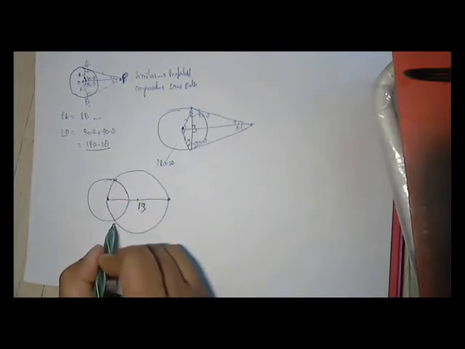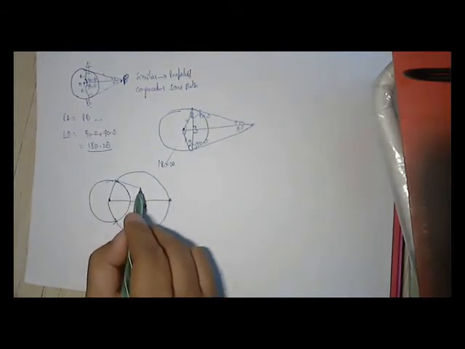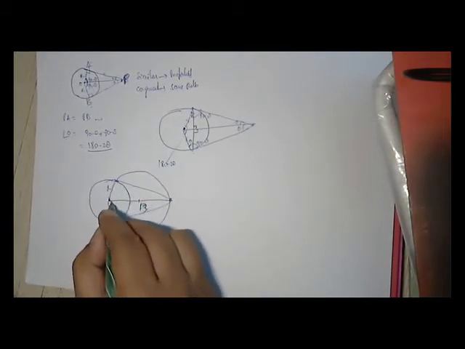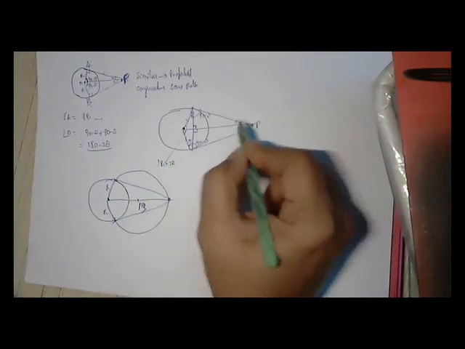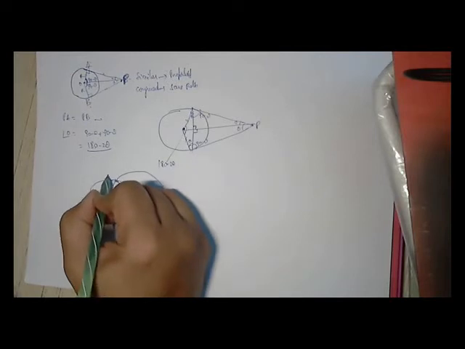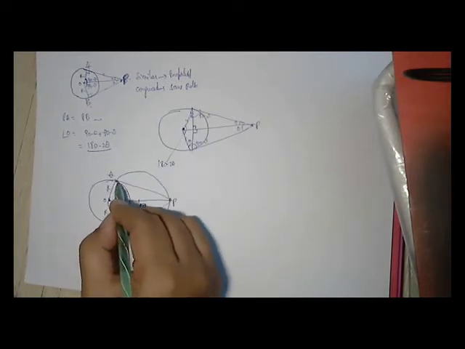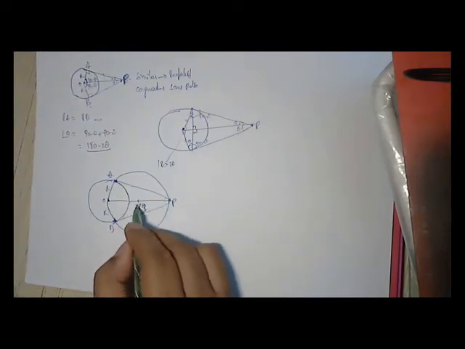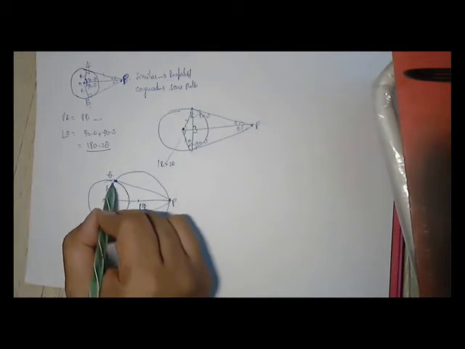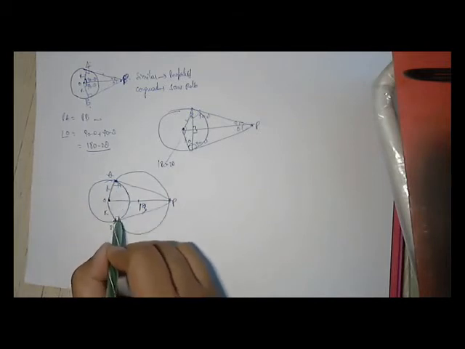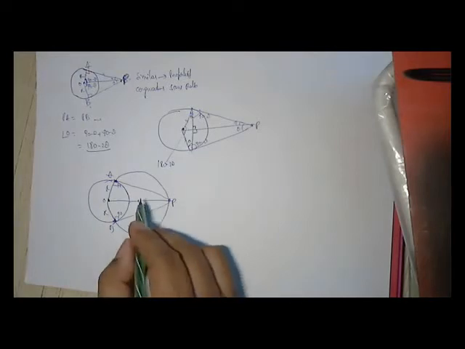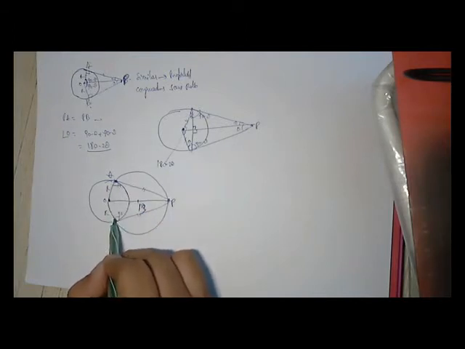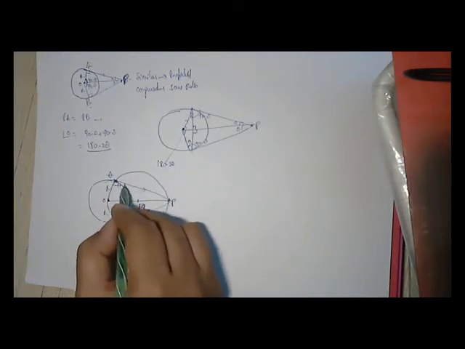So these 2 points are the tangent points. This is R, this is R, this is OP, this is OP. So now we got these 2 points. How have we got it? Because now you see here, this is 90, it's 90. These 2 are equal. So this is how we find 2 points on the circle where you have formed a tangent.